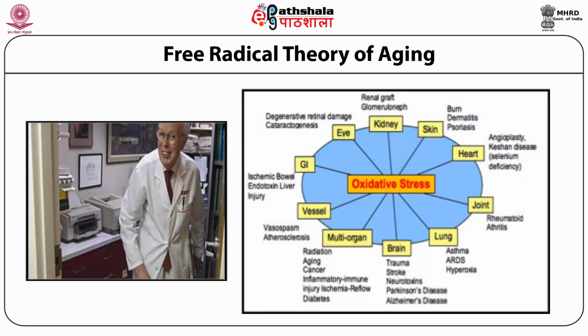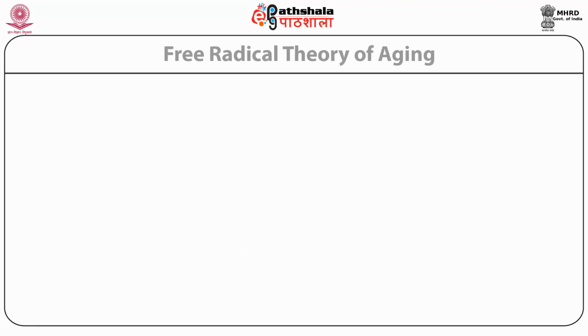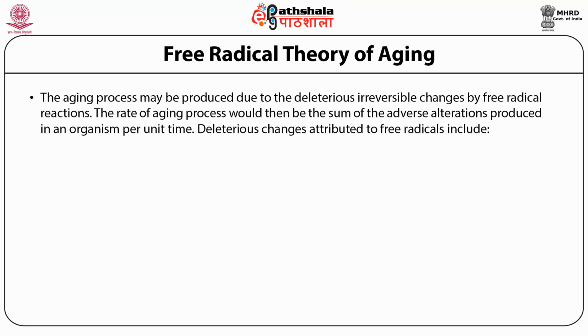The human lifespan simply reflects the level of free radical damage that accumulates in cells. When enough damage accumulates, cells can't survive properly anymore and they simply give up. Free radicals in aging, or the free radical theory of aging: the aging process may be produced by deleterious irreversible changes caused by free radical reactions. The rate of the aging process would then be the sum of the adverse alterations produced in an organism per unit